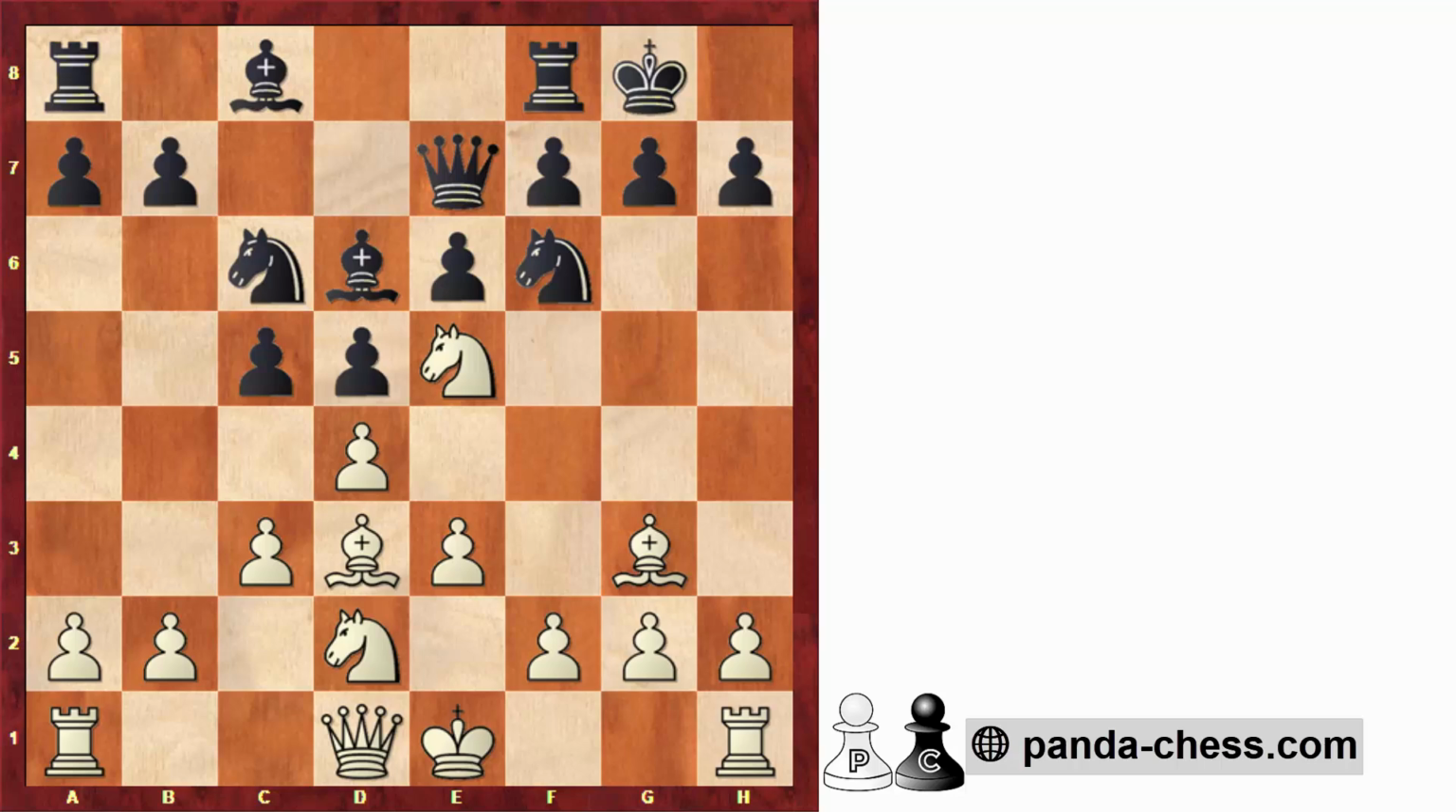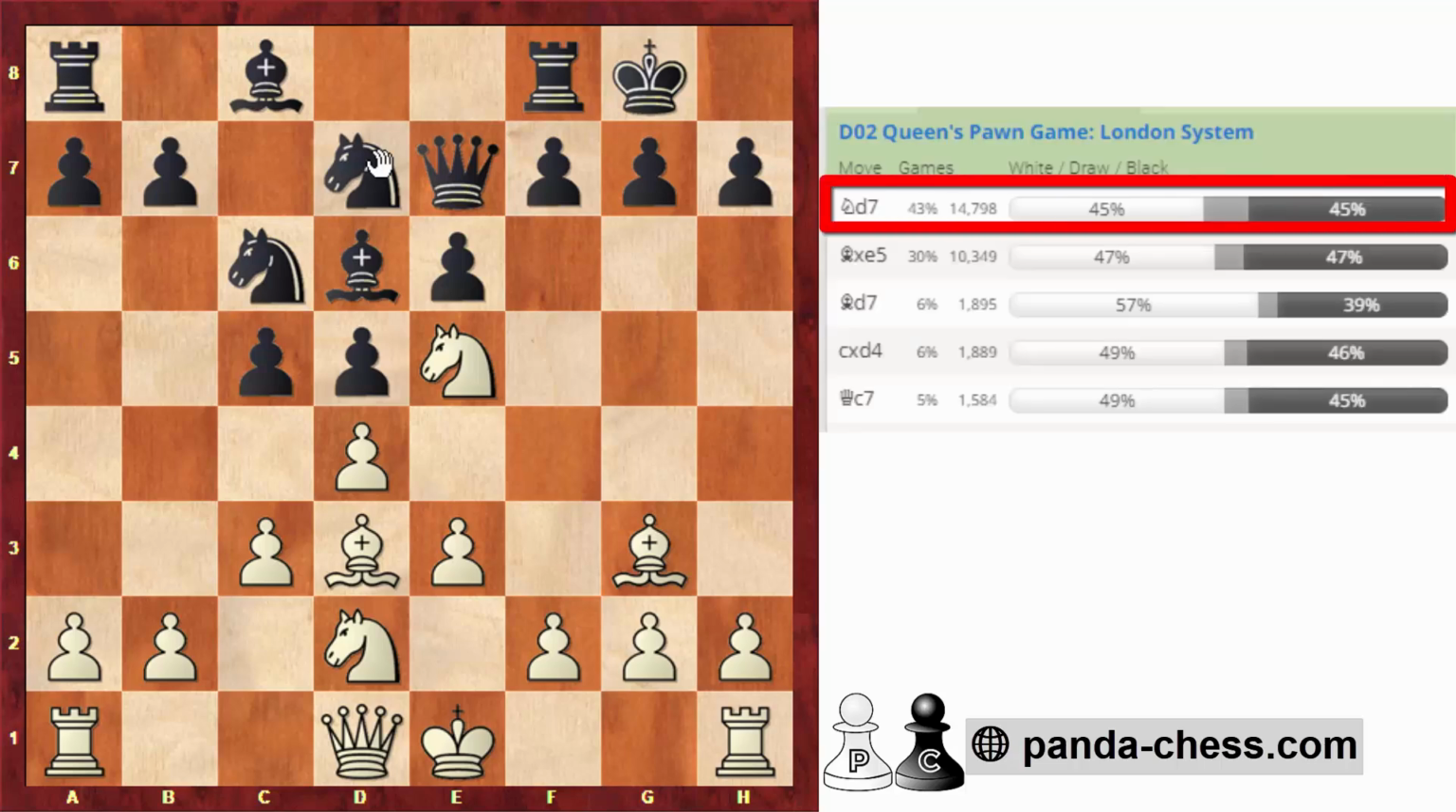First of all, black has to be a bit careful about taking on e5. Bishop takes e5 is playable, but knight takes e5 is really bad, because after we take on e5, we're forking the knight and the bishop, so we're winning a piece. But here the move knight to d7 is the most common move, which might be playable, but black has to